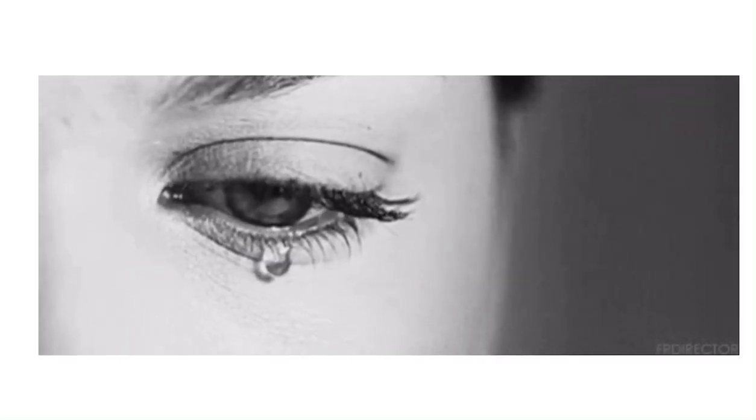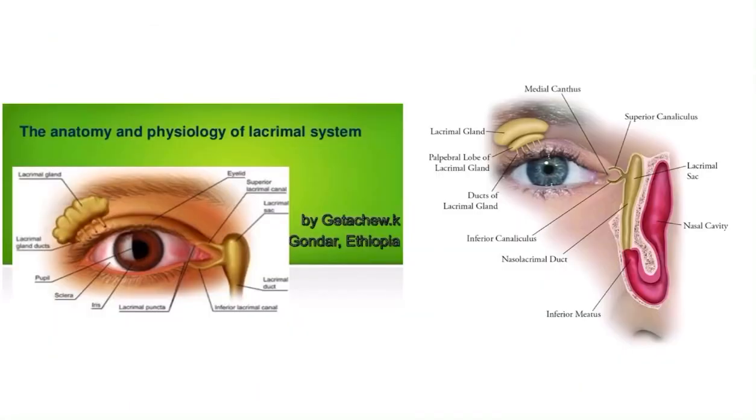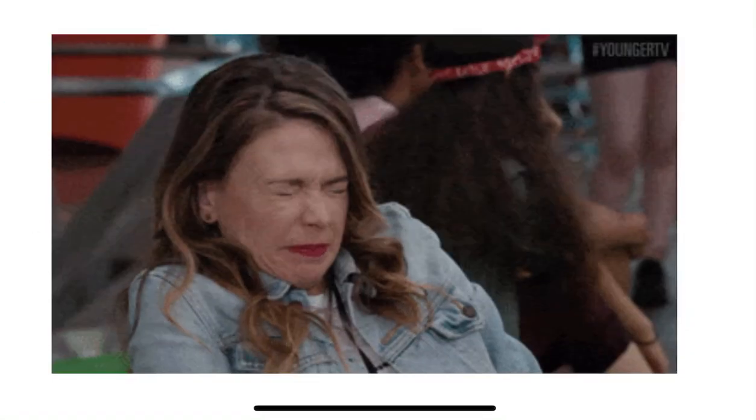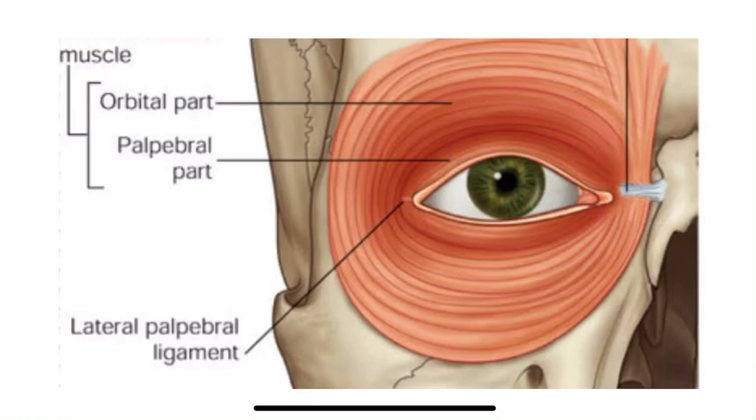So there are these three parts over, and then nerve supply. Since it takes its origin from those two parts, here is the temporal bone, so temporal branch, and down is the zygomatic. So temporal branch of facial nerve and zygomatic branch of facial nerve, because this muscle is one of the muscles of facial expression. So these two branches supply the muscle, and action we have already read. This is enough for writing a short note of orbicularis oculi.